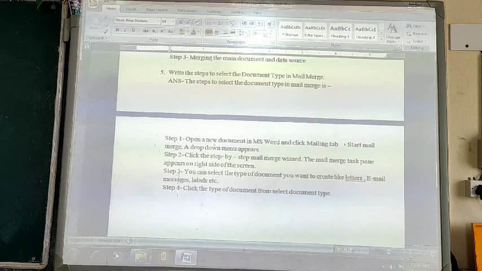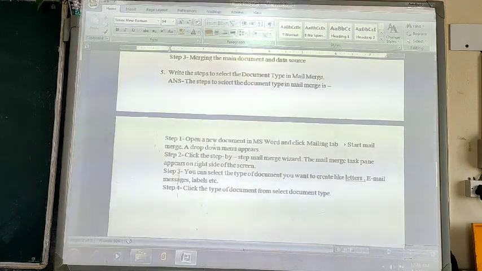Then step 3, you can select the type of document. The task pane displays all the 6 steps one by one.